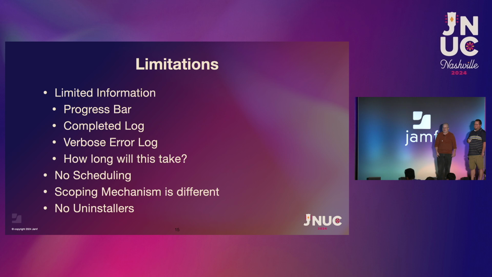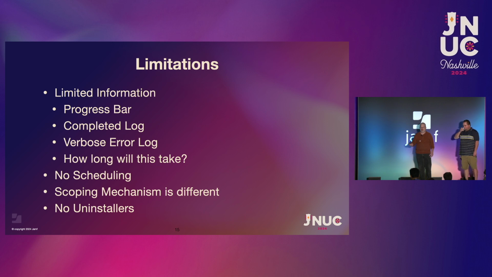Okay. Here are the limitations. There is a bunch of limitations, and anybody who's used the app catalog, I'm not going to be telling you anything new. But the first bullet point that I want to highlight is lack of a progress bar. When we scope out to a specific smart group, and you're going to see how we do that in a second,